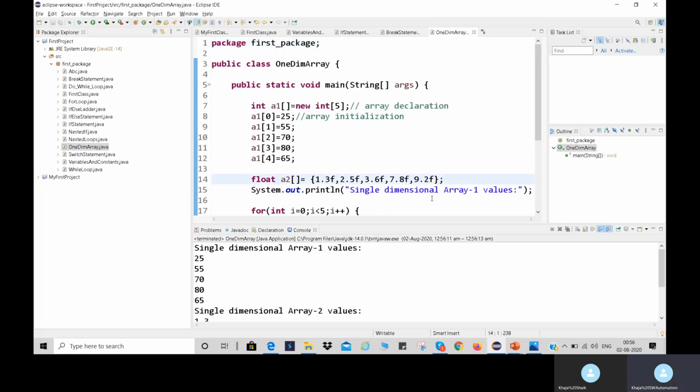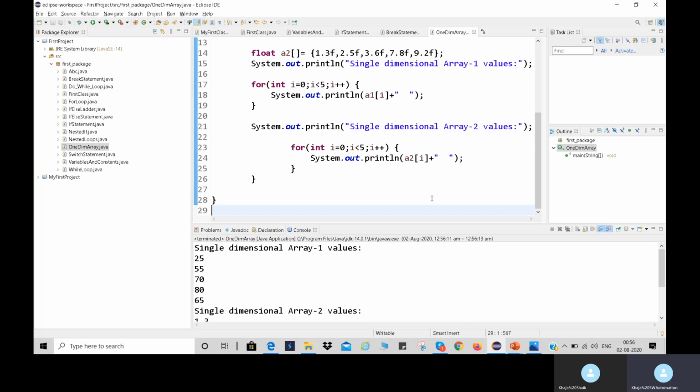This is the single dimensional array program. To see how these loops work, just watch the session 4 video, where you can get a clear idea about how loops are implemented in Java.